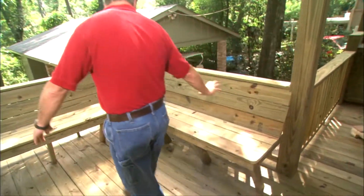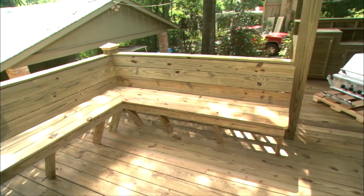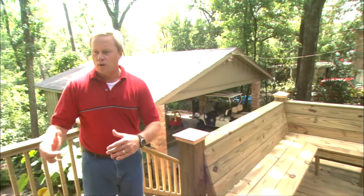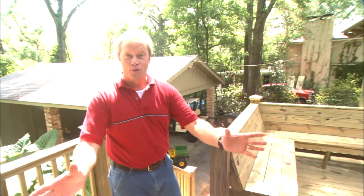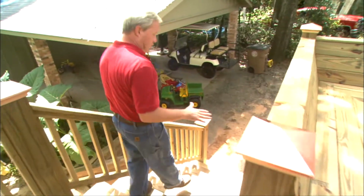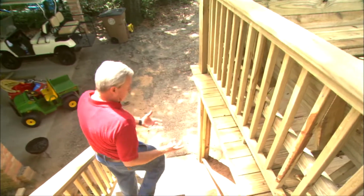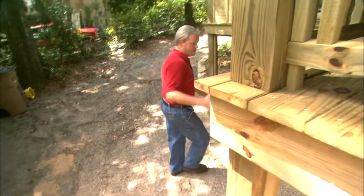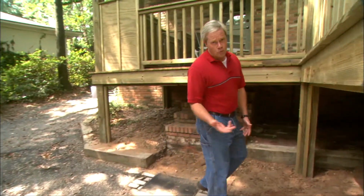The way it just blends right into the handrails, and it's just enough seating for a deck this size, because they'll probably want a little patio table with an umbrella over on this end of the deck. Now, because the deck is so far up off the ground, we were able to grab a little storage area underneath, not big enough to really stand in, but perfect for what these homeowners plan on using it for, to